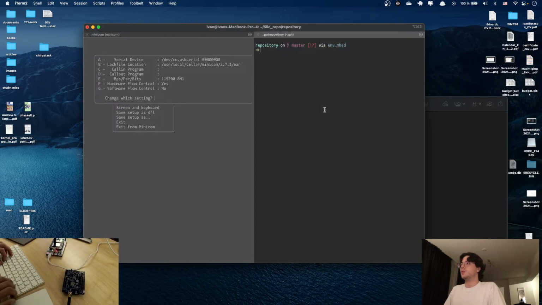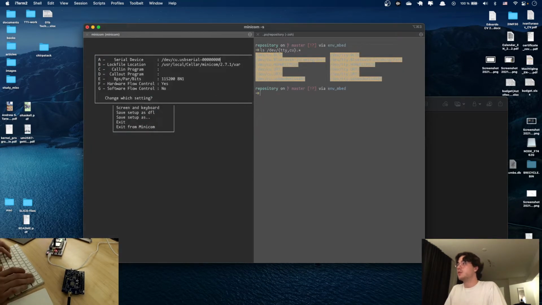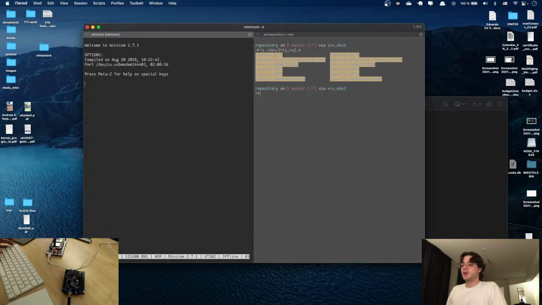So let's see what device my gateway was enumerated to. USB modem. Okay. The baud rate is 115200. Okay, and let's go. Now if we reset the gateway, we will see